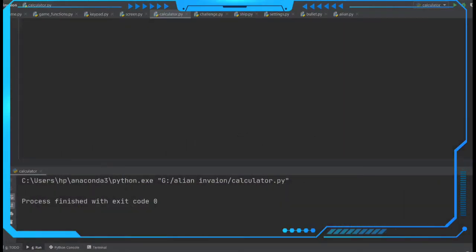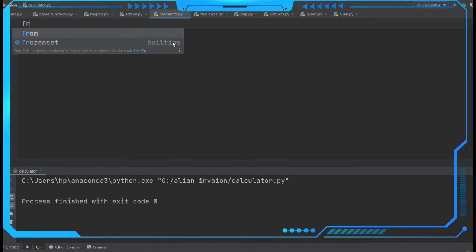Today I am going to discuss how to make a simple calculator using Python coding in PyCharm. I am assuming you are good at the basics of the Tkinter toolkit. If you are not, please watch my previous videos and come to this one, because I am going a bit faster from this video onwards. So let's see how to code this one.